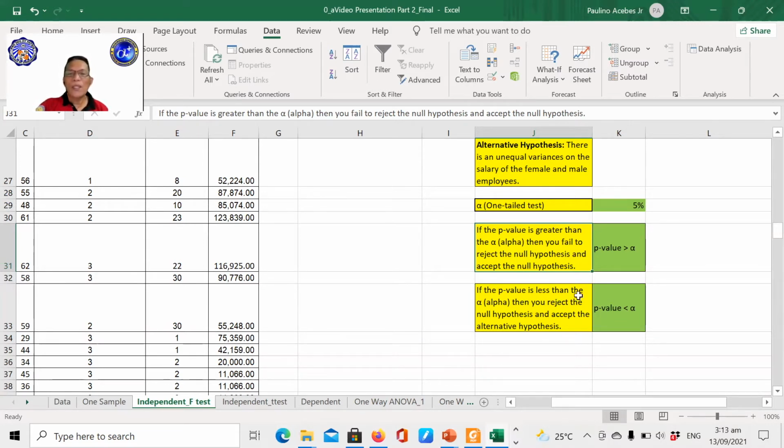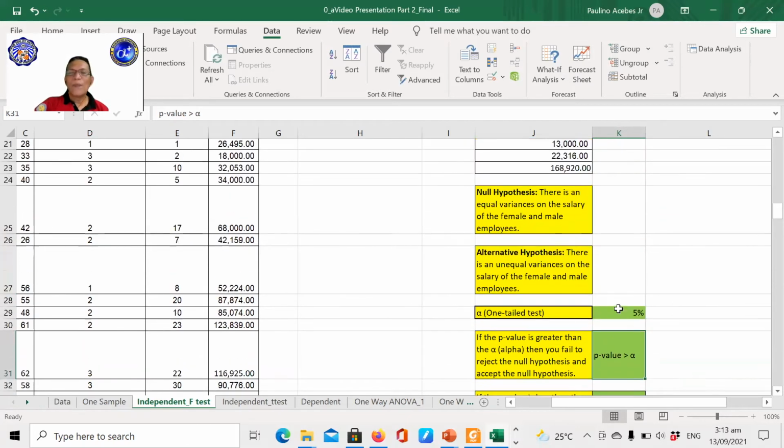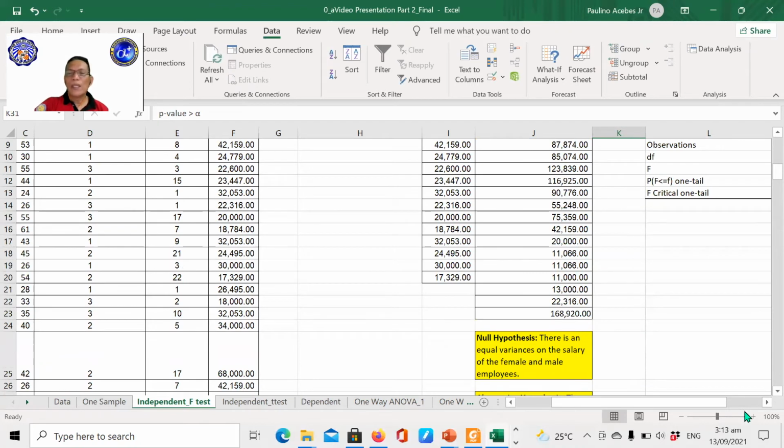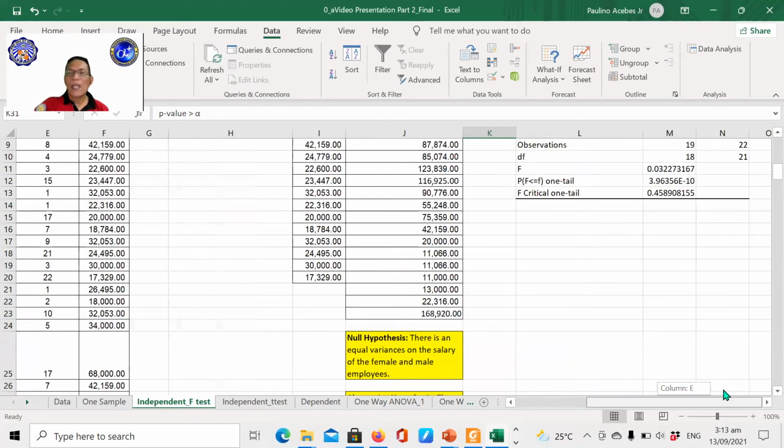If the p-value is less than the alpha, then you reject the null hypothesis and accept the alternative hypothesis. By symbol, if the p-value is greater than alpha, then you fail to reject the null hypothesis. If the p-value is less than alpha, then you reject the null hypothesis. In this case, we know that the p-value here is less than alpha, since our scientific notation here is